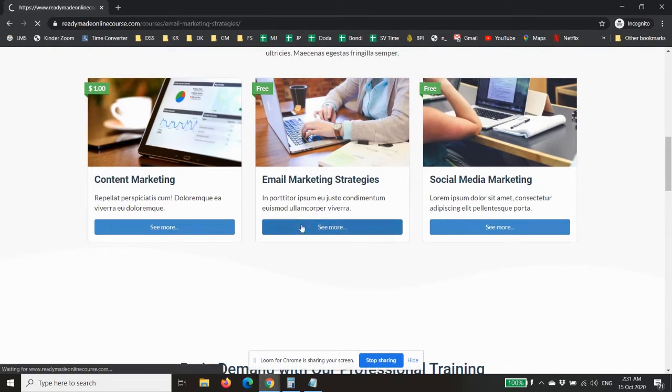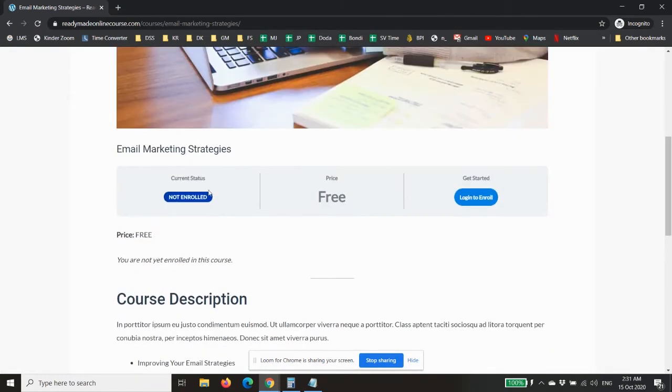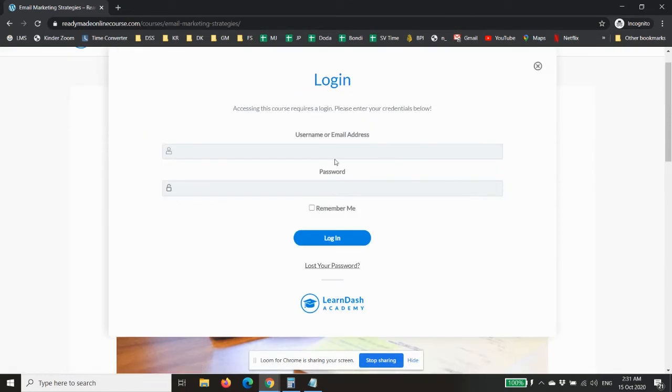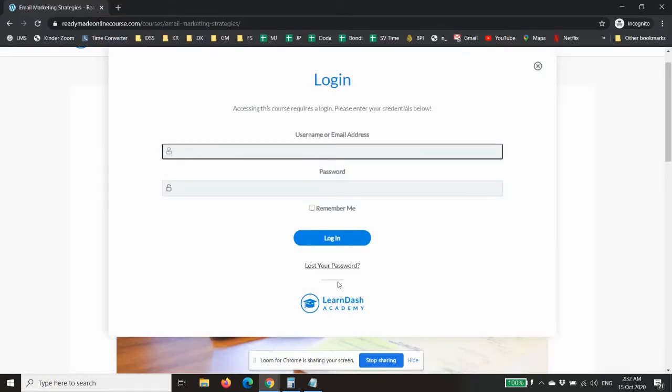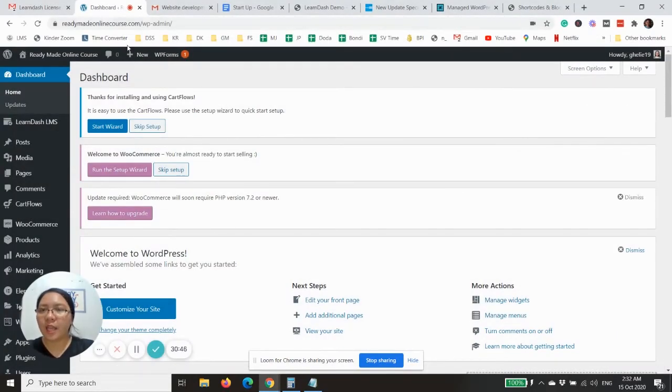And then if they click the see more, then they would be able to log in and enroll and then register. So that's really good. Or log in. There's no registration yet. We will do that now. So the first thing is,